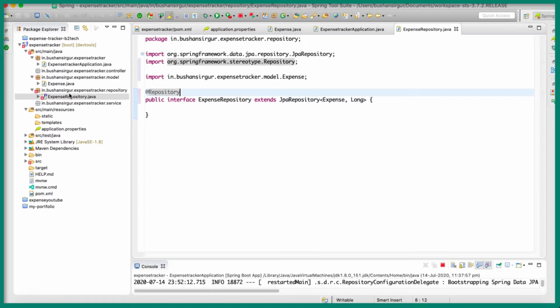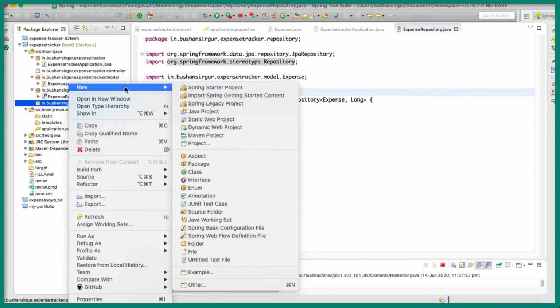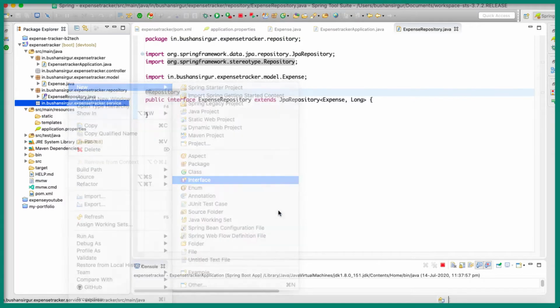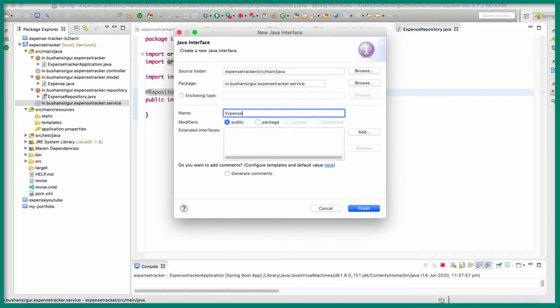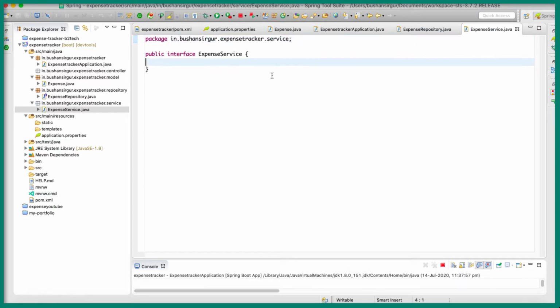And now let's go ahead and create the service. So within the service package, we're going to create an interface, and I'm going to call this ExpenseService. And inside this interface, we're going to declare a single method for now.